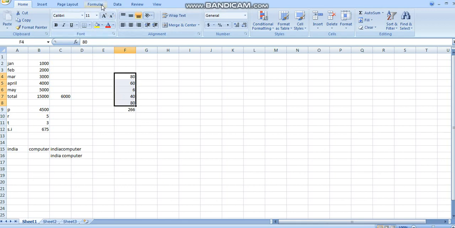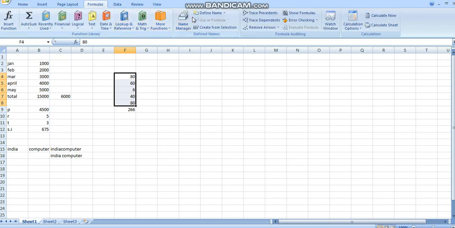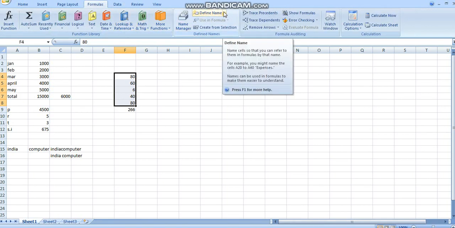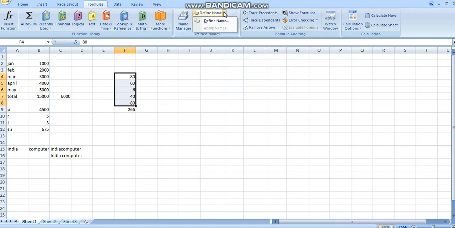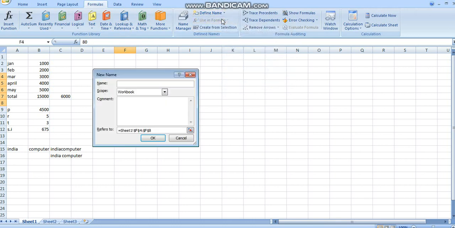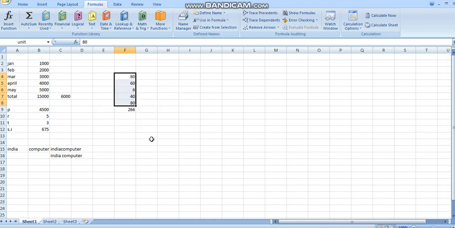Now I'll move towards Formulas. Here it is, Define Name. I'll go to Define Name, the define name box. I'll give it the name unit. Okay, unit. I'll click OK, fine.